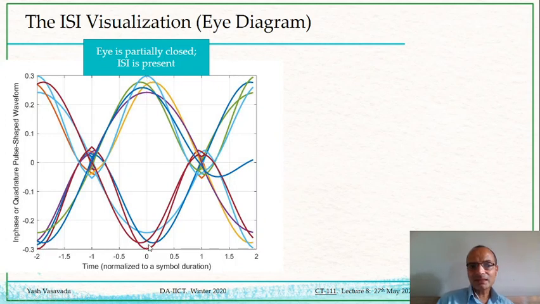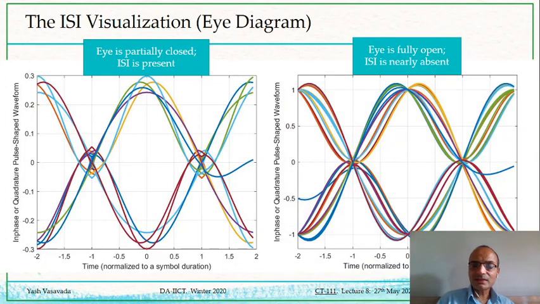But I see that there is still a lot of disturbance at this point, which is happening because of the intersymbol interference in this particular case. But otherwise, even if there is no intersymbol interference, there will be some such disturbance because of the impairment of the channel, the noise introduced by the channel. In the second diagram, I'm not having any channel noise, but my design is now such that there is no intersymbol interference at all. And that is seen because the eye is now fully open.